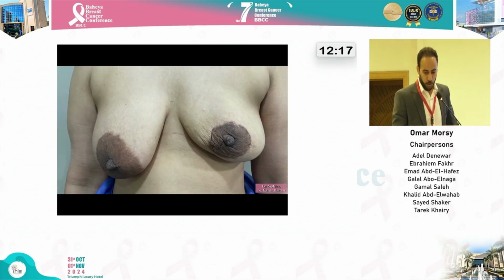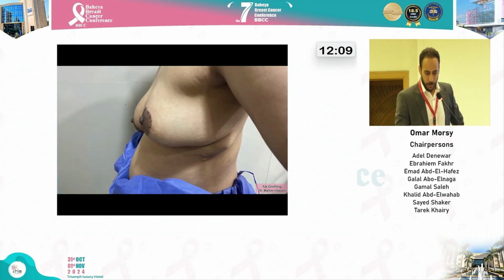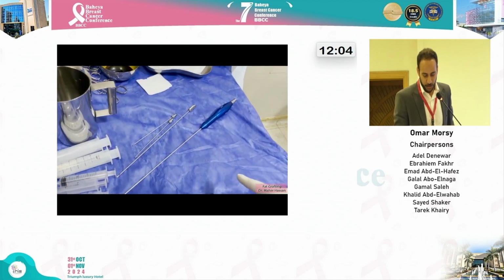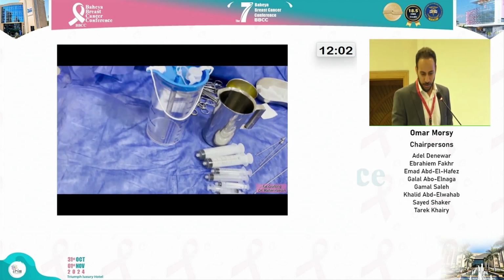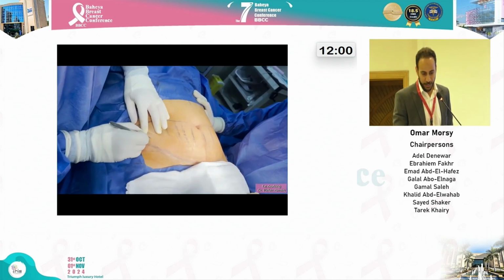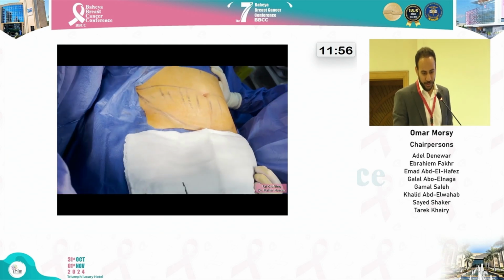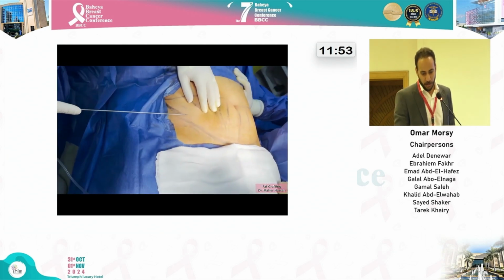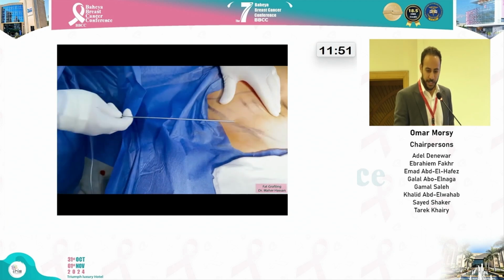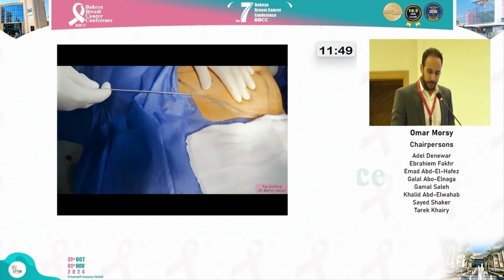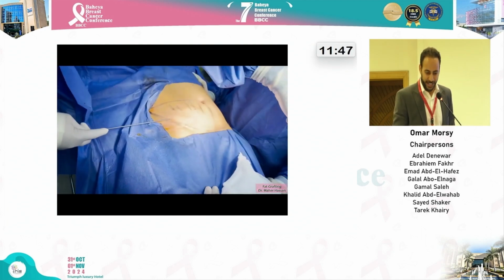This is a 42-year-old patient who had already undergone left nipple-sparing mastectomy for DCIS. She has an upper-outer quadrant deformity. These are the cannulas that are used for lipofilling. Here, we make a small stab incision in order to inject our tumescent. We inject saline to epinephrine at a ratio of 1,000 to 1 using the multiple-hole irrigation cannula